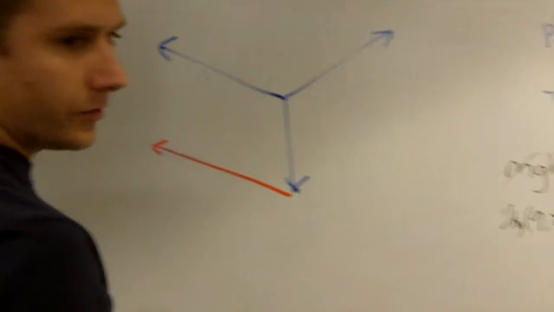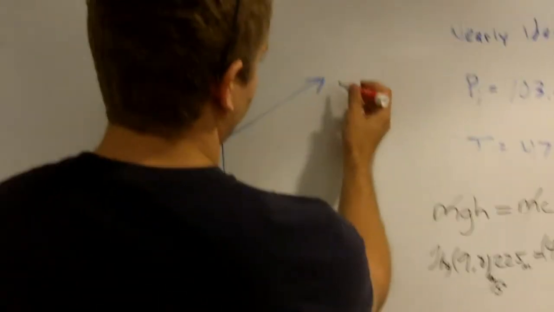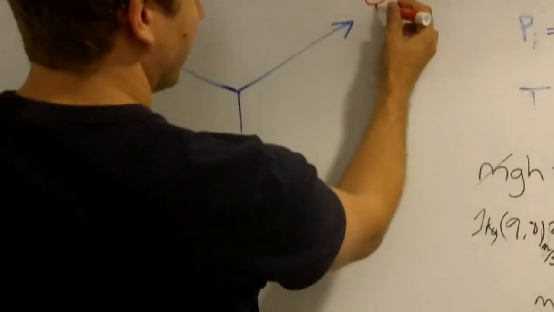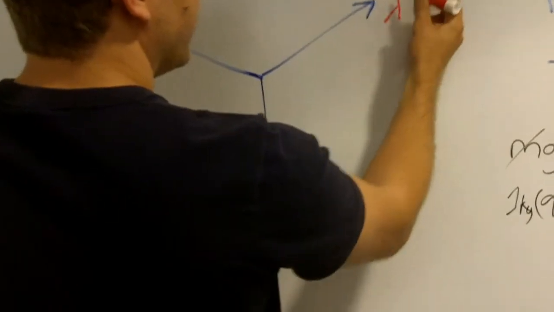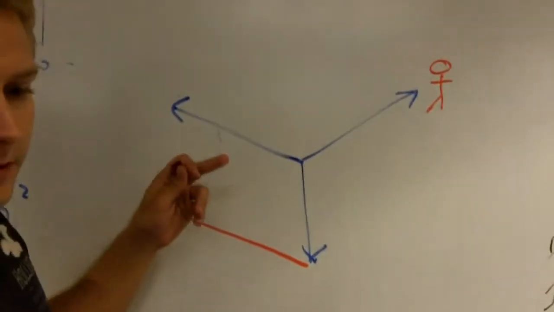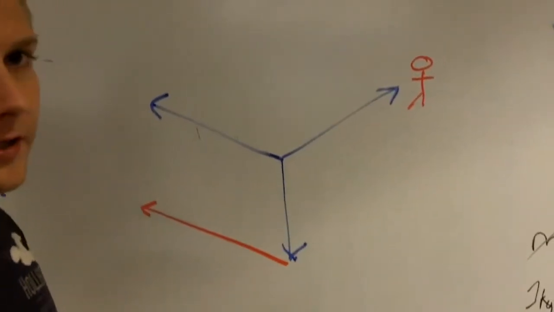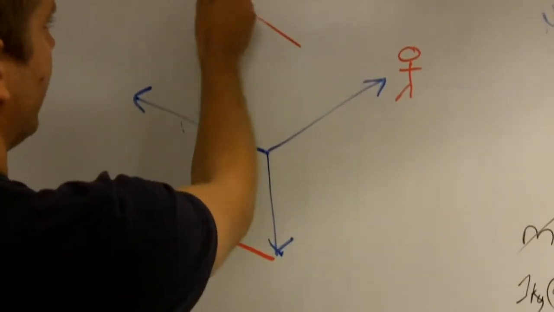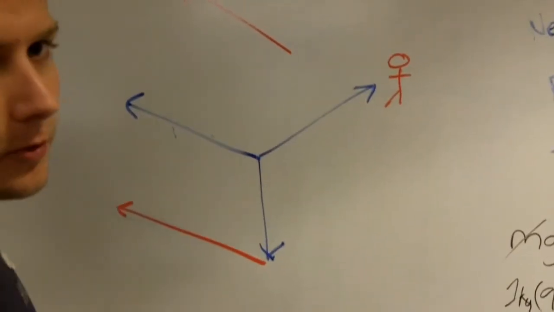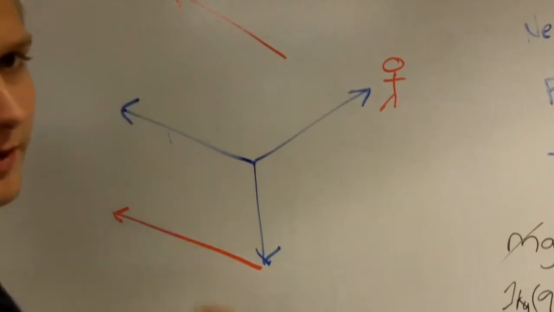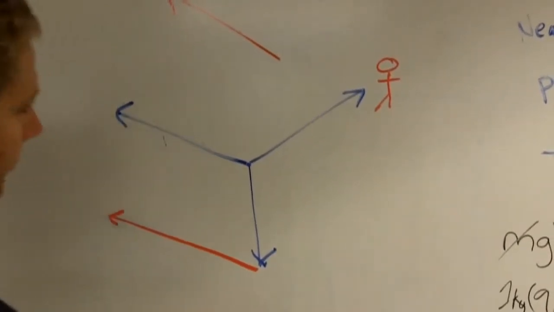You can't change the angle because you're basically saying Susie's pulling that way, right? If you change the angle of that arrow, Susie ain't pulling that way anymore. You know, she's pulling that way. That ain't right. She's got to keep pulling the same way.